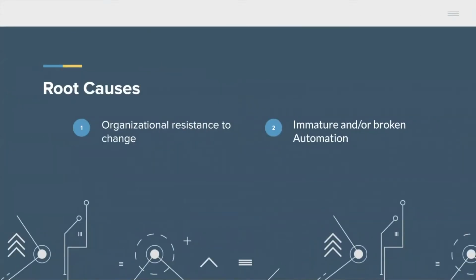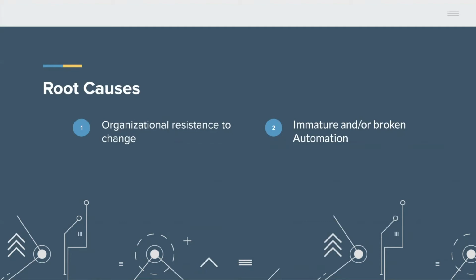When you're looking at a slowdown in a DevOps automation process, or your expectations are not really being met when it comes to a DevOps transformation, you want to look at what the root causes could be. If you've identified that the DevOps methodologies and tooling and things like that are correct and you're still not seeing the results you want,